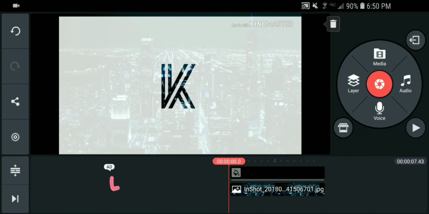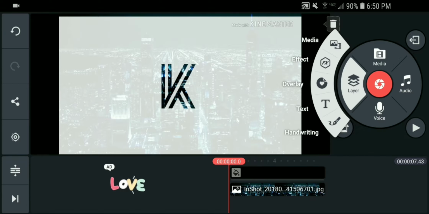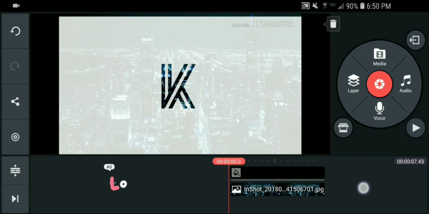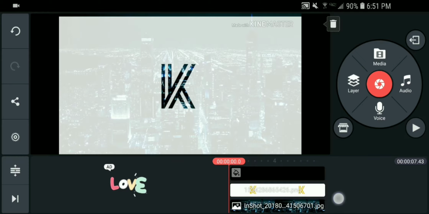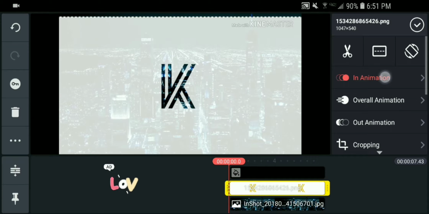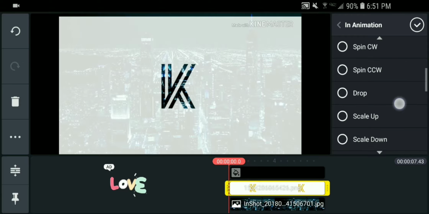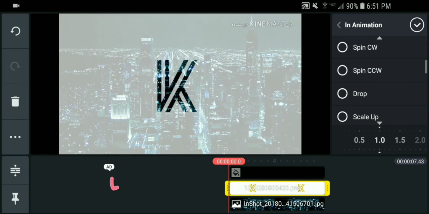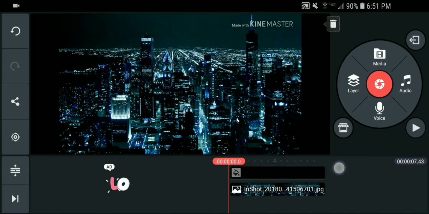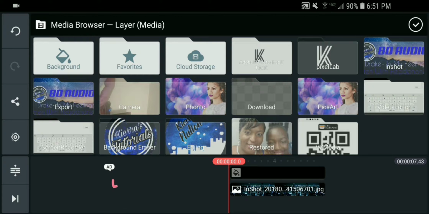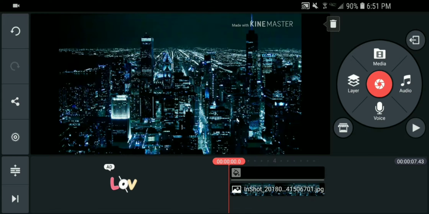Anyways, then another layer. I'm losing it. I'm forgetting what I'm supposed to be doing. Oh, never mind. I know what I'm supposed to do. Animation. Just press scale down like that. See? And then we're gonna go to layer, media. Wait, actually no. Text, and this is where we're gonna